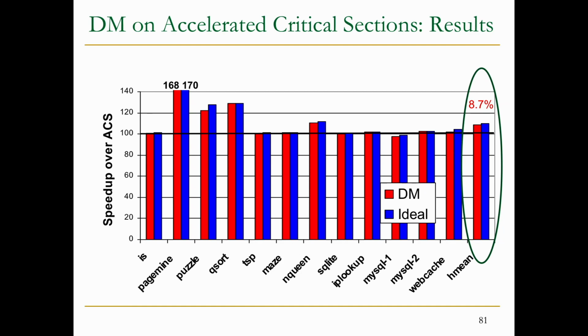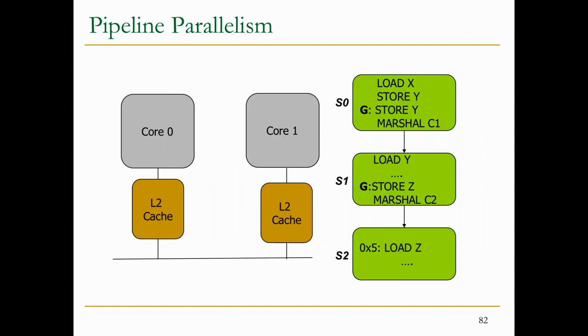Hopefully this is obvious. Okay, so the next one is actually pipeline parallelism. Again, this is another stage execution model. Here, we're going to assume symmetric cores, the same cores. We're not even accelerating the segment that has the lowest throughput. Basically, segment 0 is executed on core 0, segment 1 is executed on core 1, segment 2 is executed on core 2, and so on. And we identify the generator instructions, as you can see, and we put the Marshall instructions over